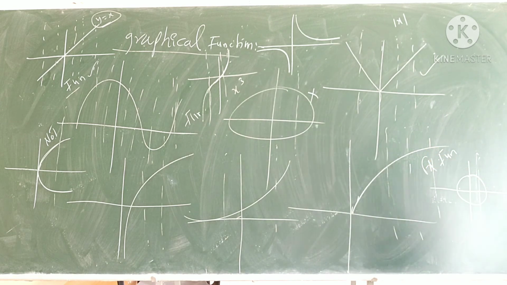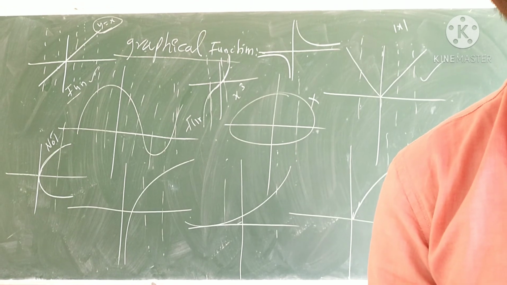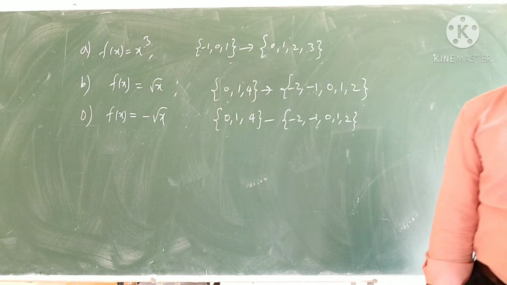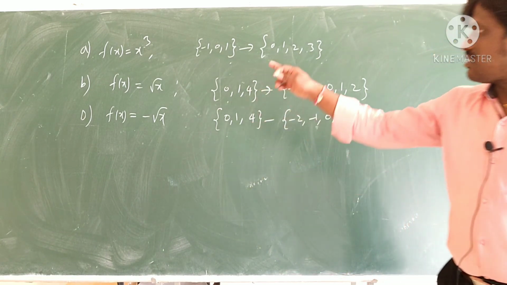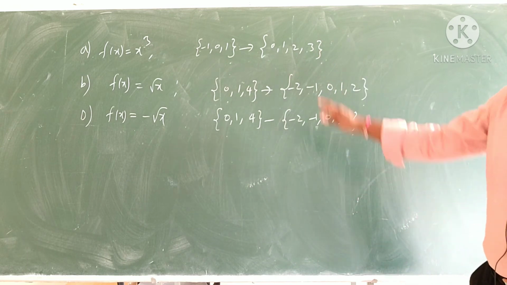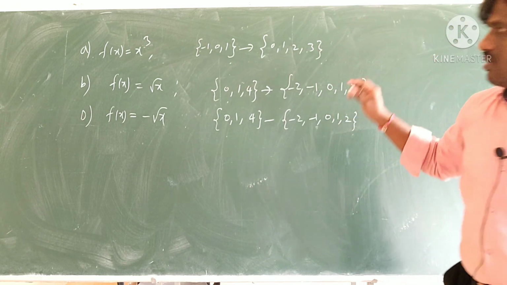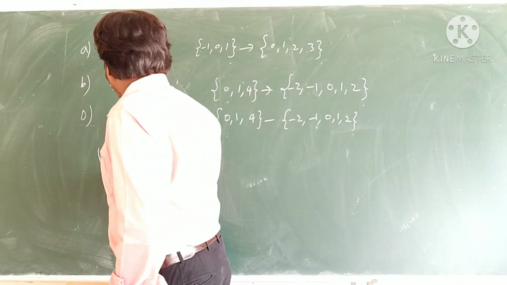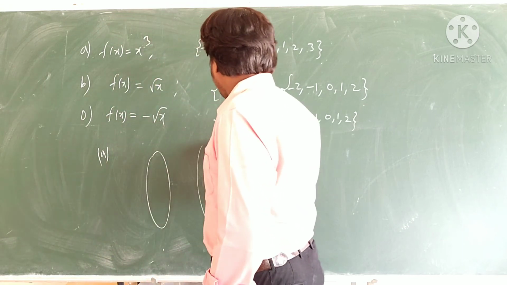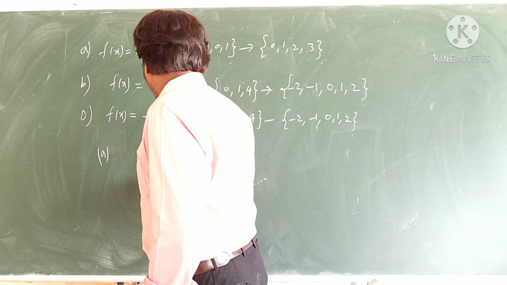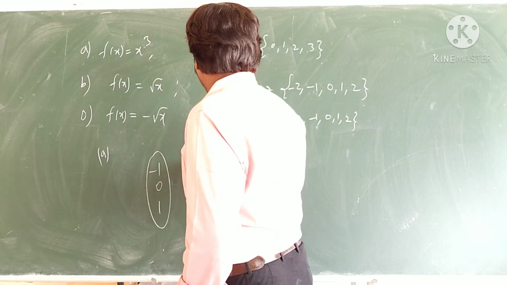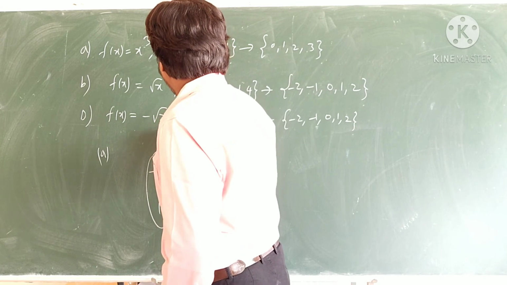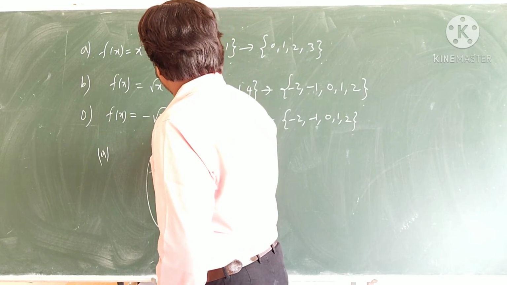Right? Copy. Let us do some examples. See, which of the following is a function? The question is, which of the following is a function? f of x is defined as x cube, and they have given the domain and codomain. So first I will write option 1: domain is -1, 0, 1. Codomain is 0, 1, 2, 3. This is A, suppose, this is B, suppose. The function is x cube.